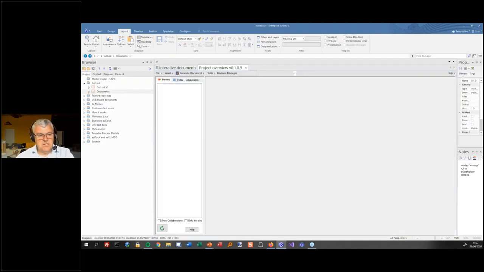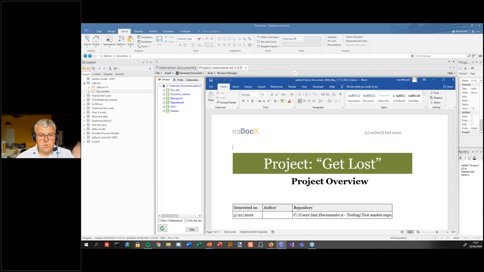All these documents, by the way, are stored inside of EA. That's just one of the things eaDocX will do. So the first thing that you notice is it's Microsoft Word. When you're doing a generation, you get Word inside of EA. I mean, that was kind of use case number 1 for eaDocX. Use case number 2 for it was